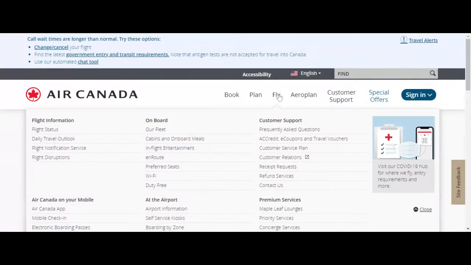If you look at the items below: flight information, what's on board, customer support, your premium service at the airport services. I almost find that some of these items could end up on the main navigation. They already have a customer support. Why do I go to Fly for customer support? They have a main element. They're repeating, fine, we can repeat, but